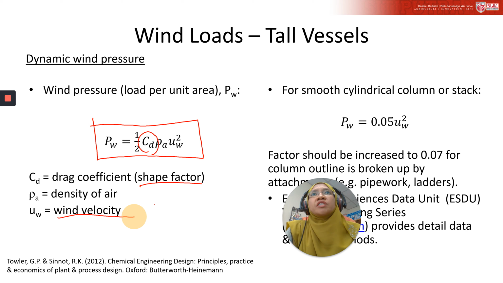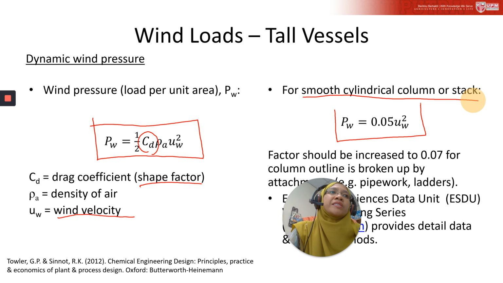The drag coefficient is a function of the shape. The reason the wind pressure is presented like this is due to the drag coefficient, as it is a function of the shape of the structure and the wind velocity. For a smooth cylindrical column or stack, you may use this